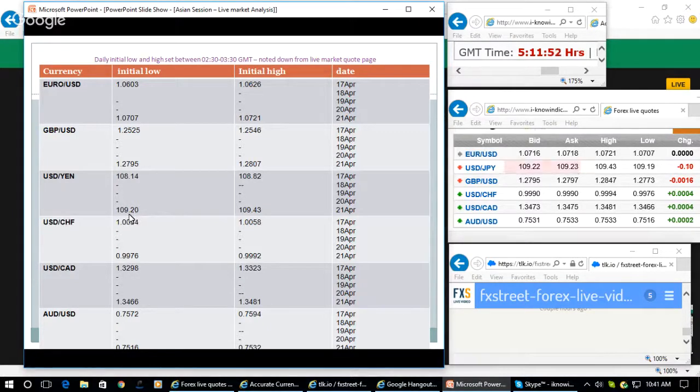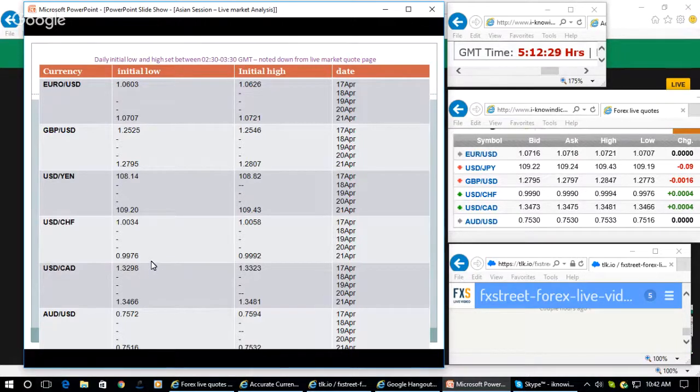Then in the case of yen, 109.20 is the low. They just breached it by 1 pip, and the high is 109.43. So not a significant move happened here. They are likely to gain the levels in the case of USD yen. They will hold initially when they are making a drop in the case of Euro and GBP, and then gain the level in the case of USD yen. Followed by that, they will gain the levels in the case of Euro and GBP as well. So understand that style of operation, then you will be able to trade at ease.